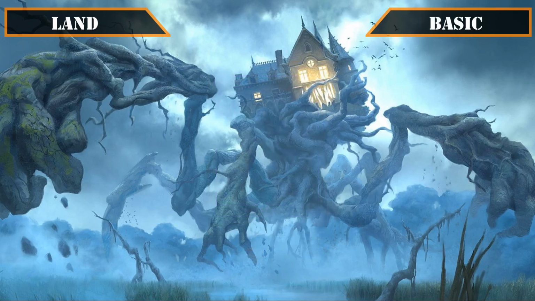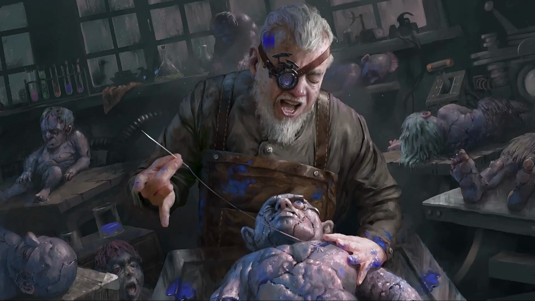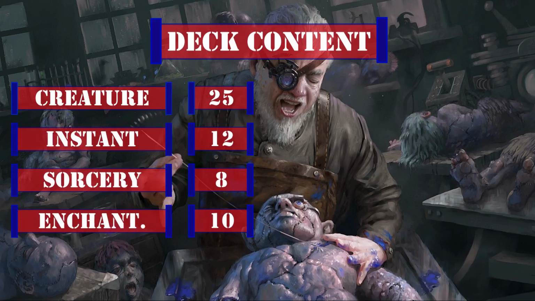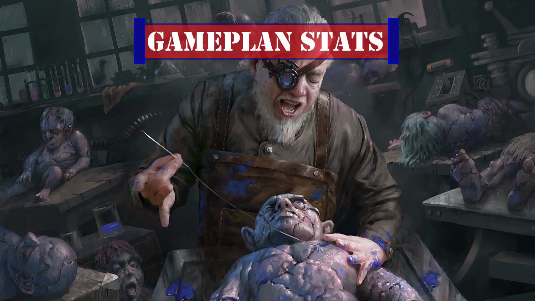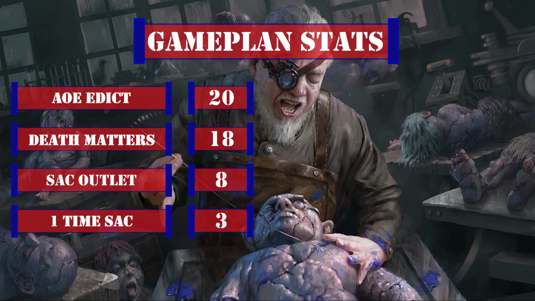let's take a look at this deck's breakdown. This deck currently has 25 creatures including the commander, 12 instants, 8 sorceries, 10 enchantments, 10 artifacts, 0 planeswalkers, and 35 lands. Looking at the stats that matter to our game plan, we have 20 AoE edict effects, 18 cards that care about creatures dying, 8 sack outlets, 3 one-time sack outlets, and 7 sources of protection against removal, leaving